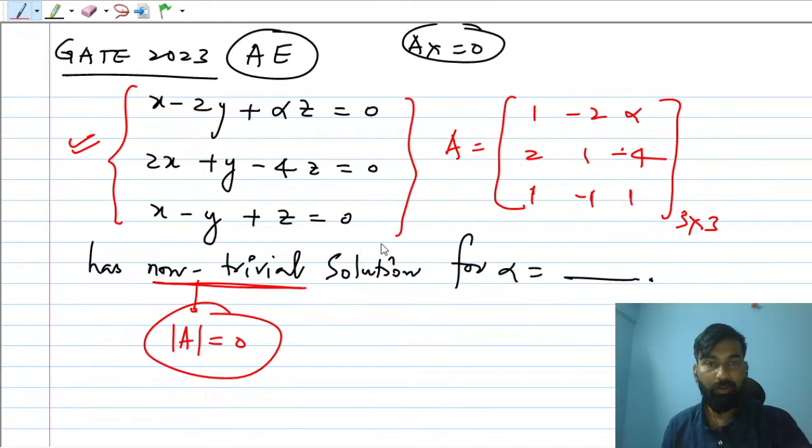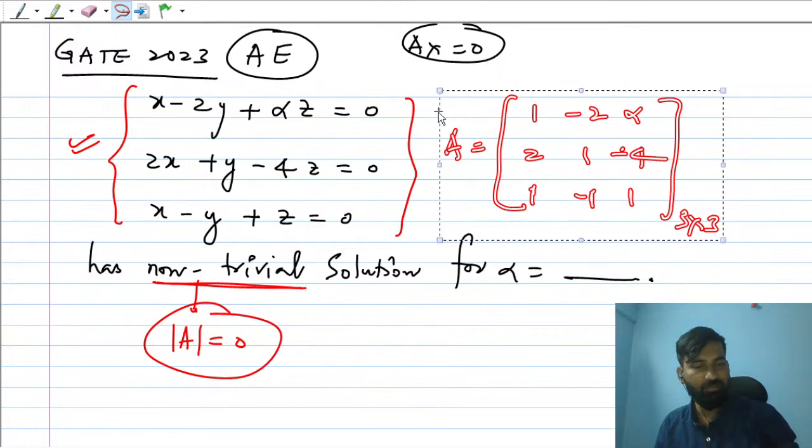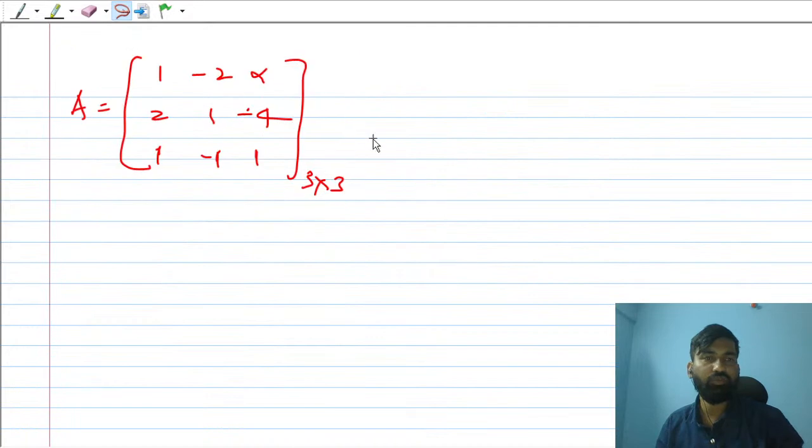There are various ways of finding determinants. I will tell you just expansion. We will expand for the moment. Later when we start matrix algebra, I will discuss some shortcuts as well. But I think if you know the long cut also, it is very helpful. So for a 3 by 3 matrix you can directly find the determinant. So what you can do here is you can just equate